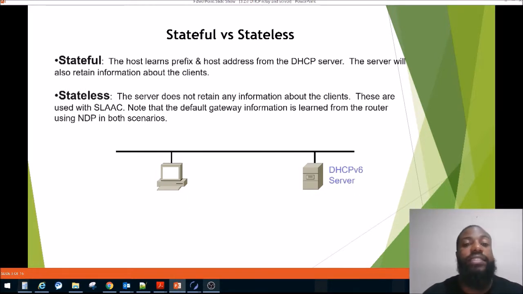Just remember the word less. So the DHCP server does not retain information about its clients. You may not want to do this when you have a network that has multiple hosts or a large network. You would need to manage your hosts and your addressing pool. That's where a stateful DHCP server would come in. The host learns the prefix and host address from the server, and then the server is going to remember all the information about its clients on the network. So when you're managing a network with several clients, this is the route you want to take,